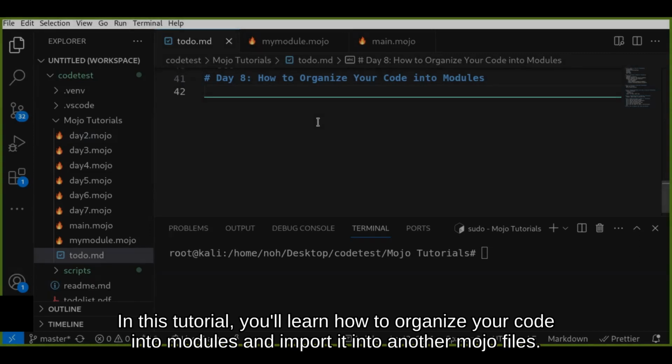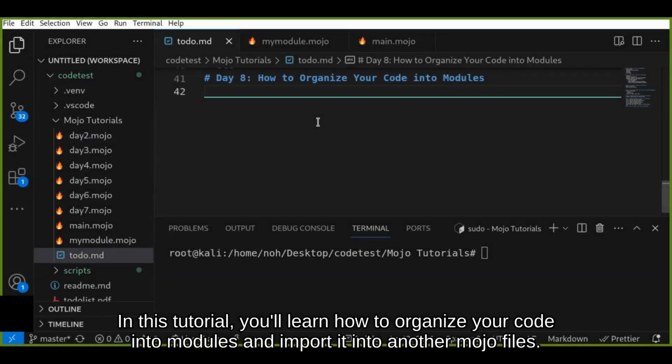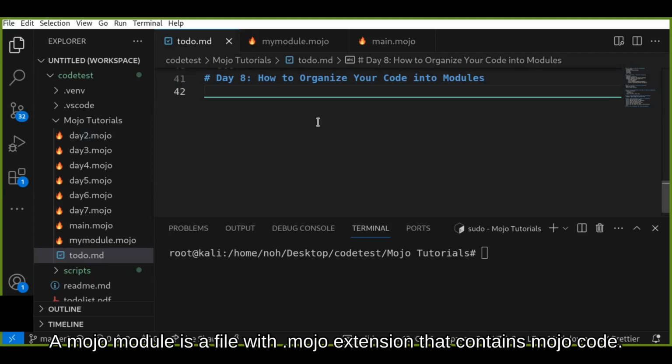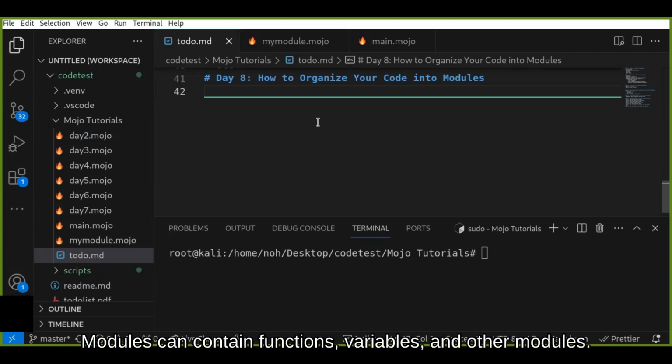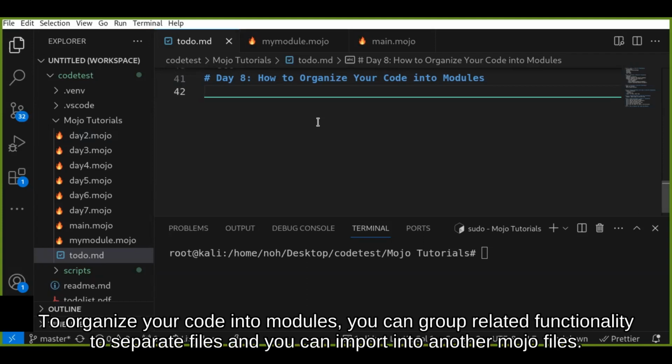In this tutorial, you will learn how to organize your code into modules and import them into another Mojo file. A Mojo module is a file with a .mojo extension that contains Mojo code. Modules can contain functions, variables, and other modules. To organize your code into modules, you can group related functionality into separate files and import them into another